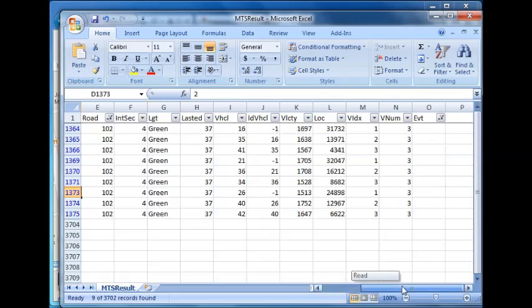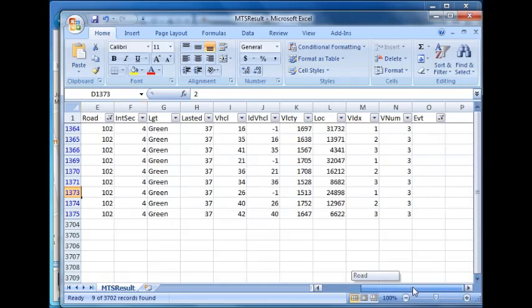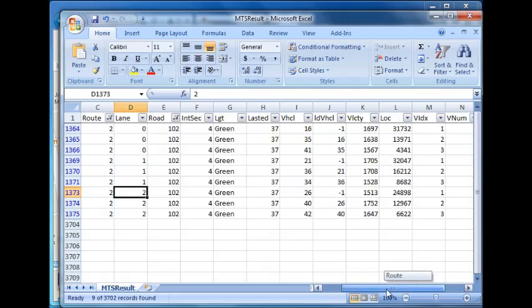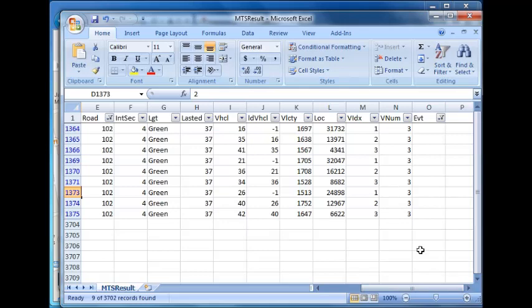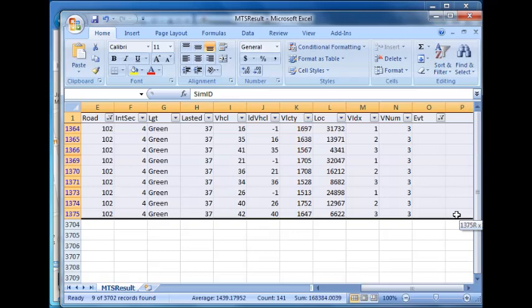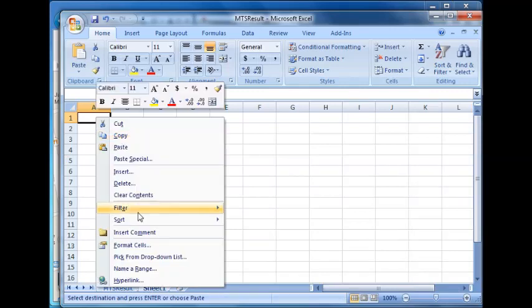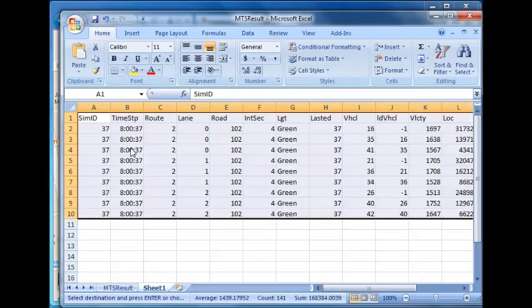We have 9 records, which means at this point we have 9 vehicles on this road segment, and they are running on 3 lanes. Let's copy everything to a new working sheet here. Copy, paste,